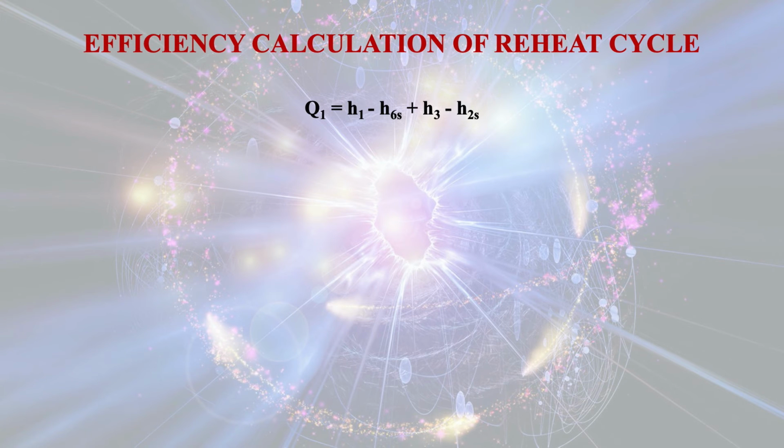Q1 is the heat supplied in the boiler plus the heat supplied by the reheater. So Q1 is equal to H1 minus H6 plus H3 minus H2S, and Q2 is the heat loss in the condenser, that is equal to H4S minus H5,